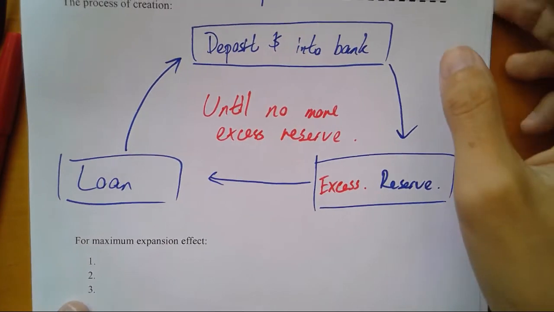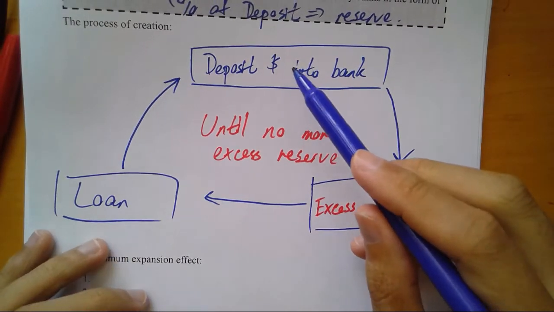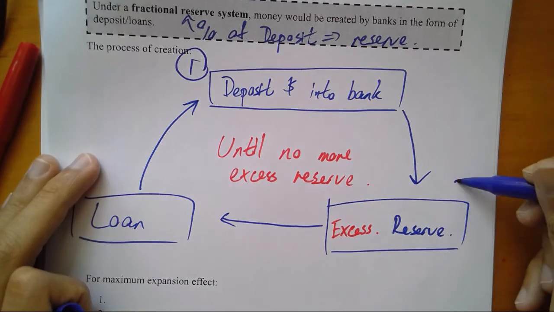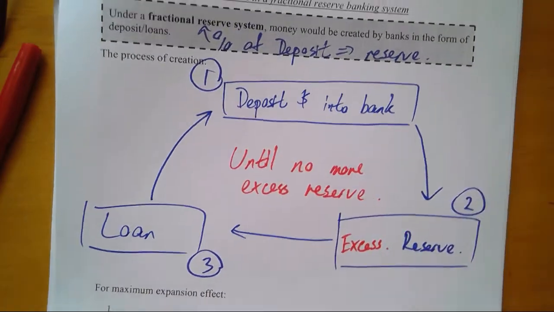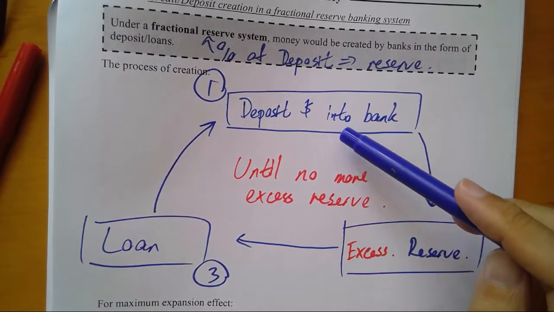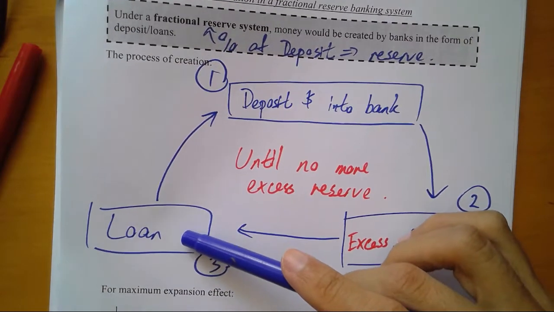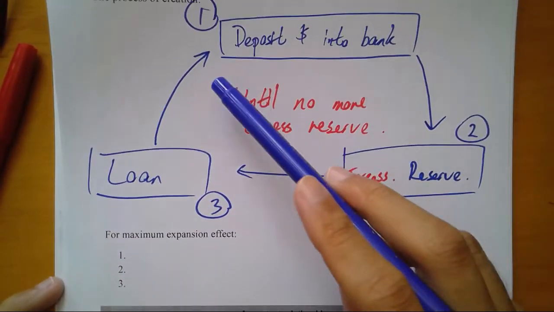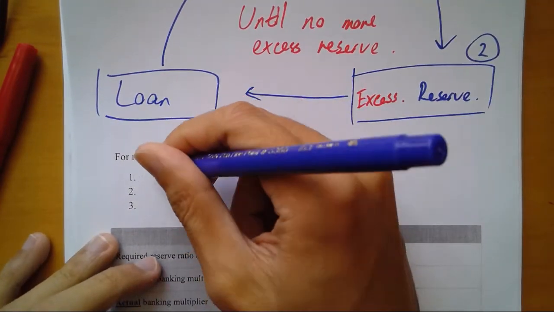Now, each step, there can be something happening, okay? For example, here, in order to deposit into the bank, okay? Now here, let's call this number 1. This is number 2, and this is number 3. You see, we put money into the bank. We are assuming people will put all money into the bank. Now, what happens if people get the loan and then put it under their pillow? 喂，我借咗錢翻嚟，我擺喺我枕頭底唔得嘅，係可以㗎。OK, now therefore, in order for this cycle to gain maximum effect to go on, okay, first condition, we assume